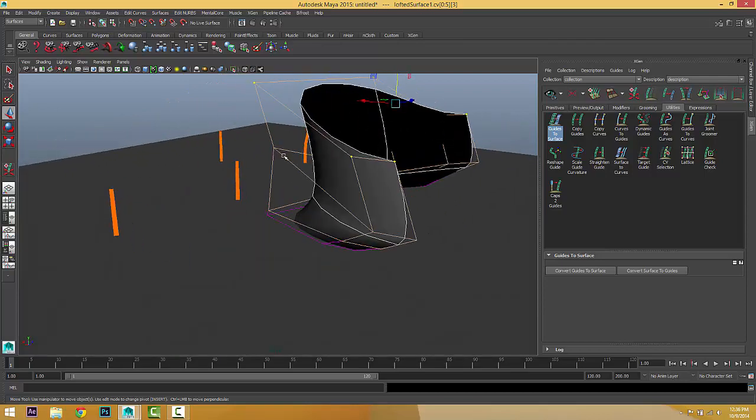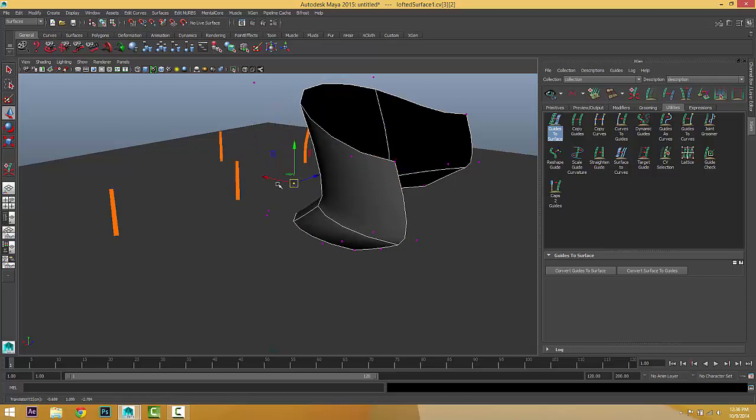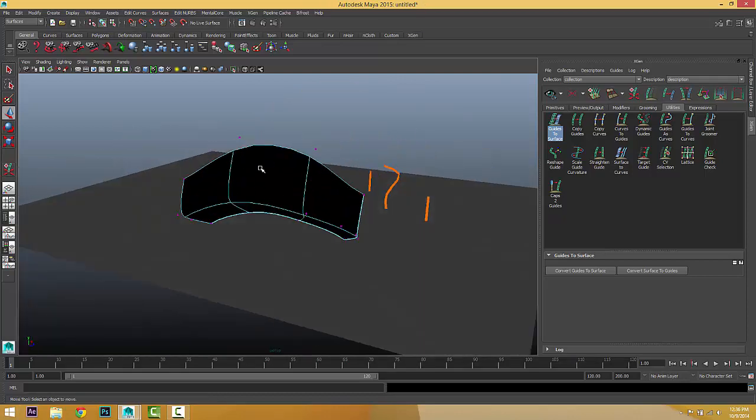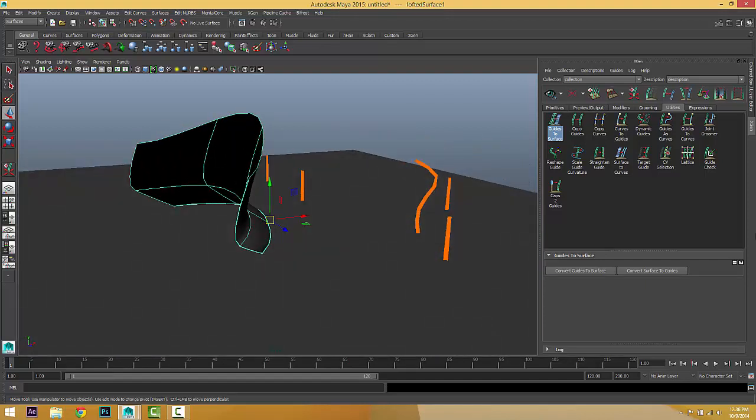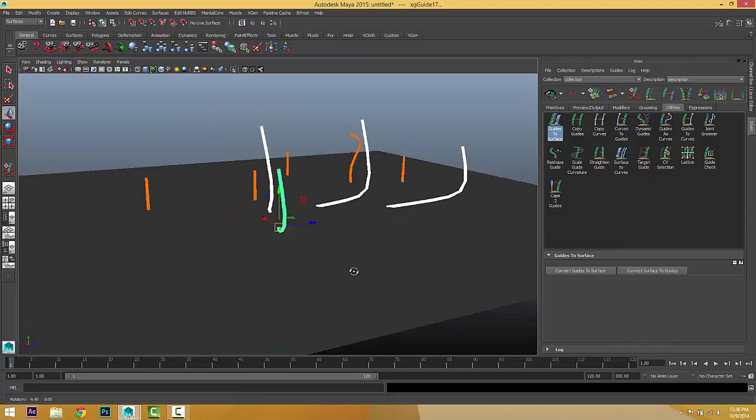We can even go to Control Vertices and move them down, so we can shape this very quickly. After we finish shaping, we can convert back to guides.